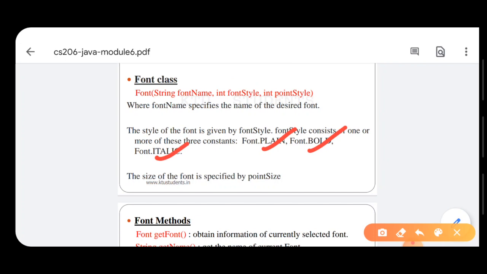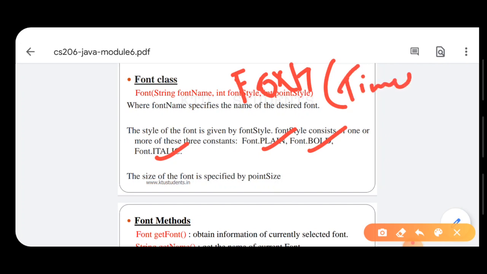For example, Times New Roman, bold, 14 means we have set the font of the corresponding string as Times New Roman, font style as bold, and font size as 14. This is the constructor which we have used in the font class.